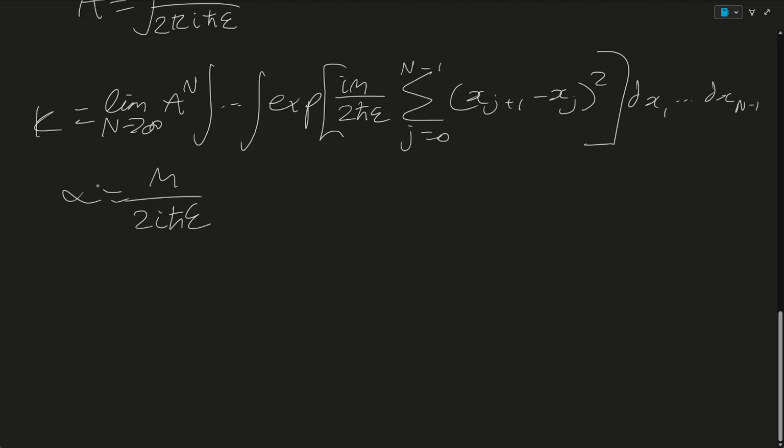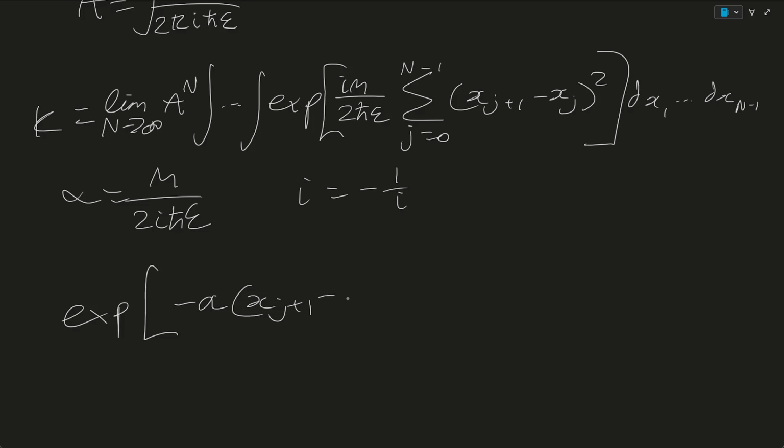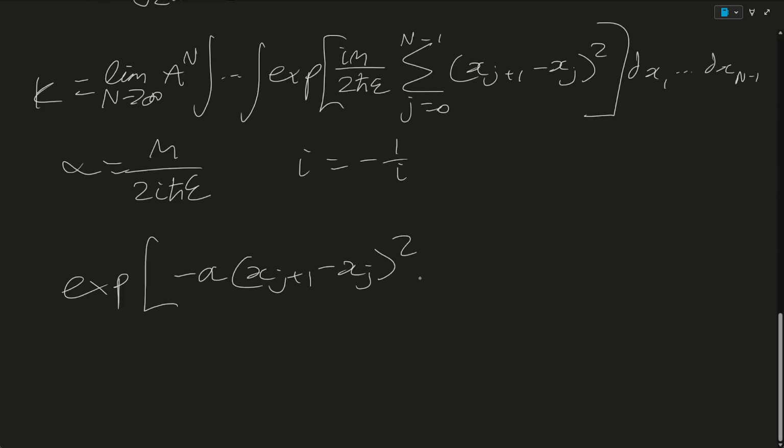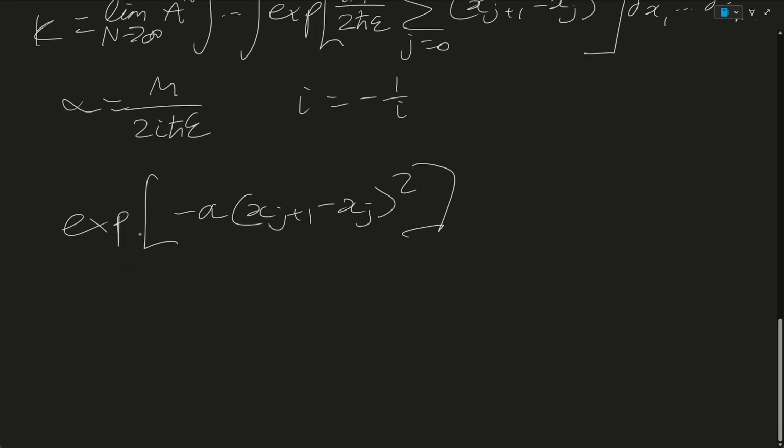It's a bit weird, but we remember that i is equal to minus 1 over i. So thus the argument for this exponential, or rather I'm just going to take out the exponential part, it will become minus alpha (x_{j+1} - x_j)^2, and the integral of that